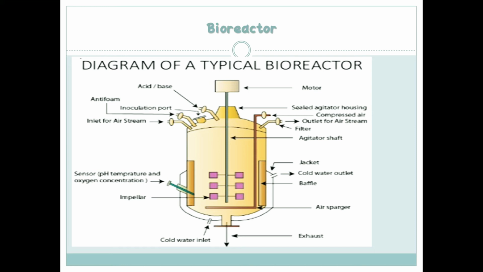Sparger. A sparger is used in the aerobic cultivation process. The purpose of the sparger is to supply adequate oxygen to the growing cells. Jacket. The jacket provides the annular area for circulation of constant temperature water, which keeps the temperature of the bioreactor at a constant value. Antifoam probe to prevent contamination in the fermentation process.